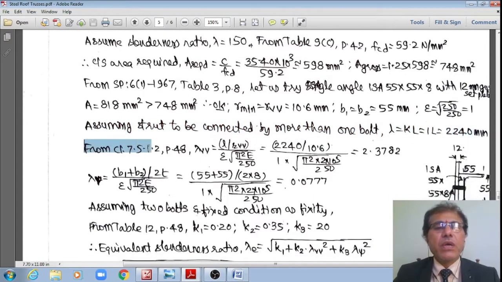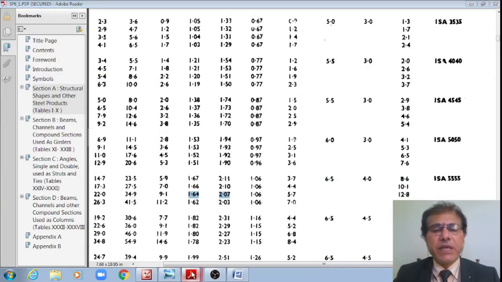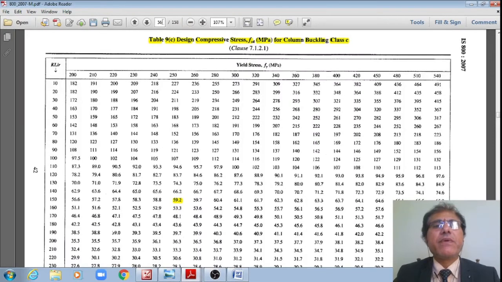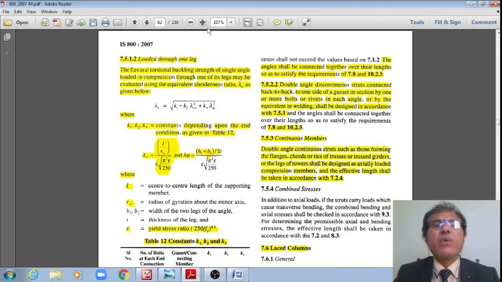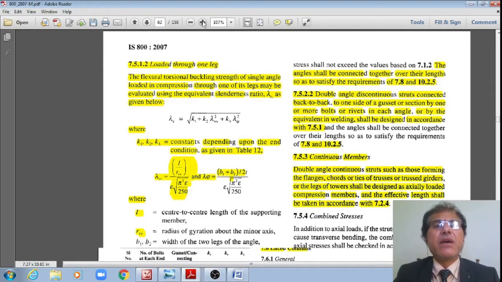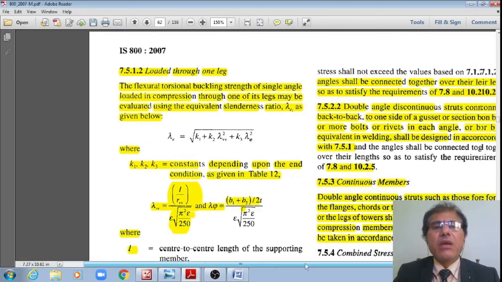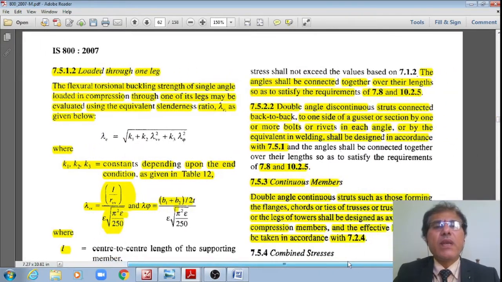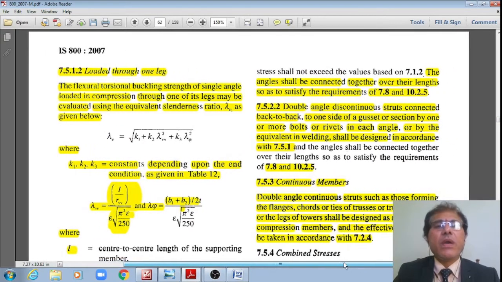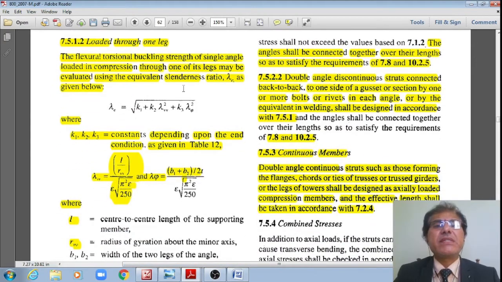Now, if I go to clause 7.5.1.2 of IS 800:2000, page number 48. Let me go to that page number 48, student, right? Page number 48 of IS 800. Yes. And then on page number 48, student, we can see that it is loaded through one leg only. Therefore, in such a case, right,